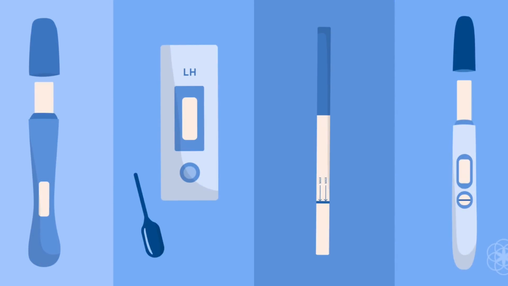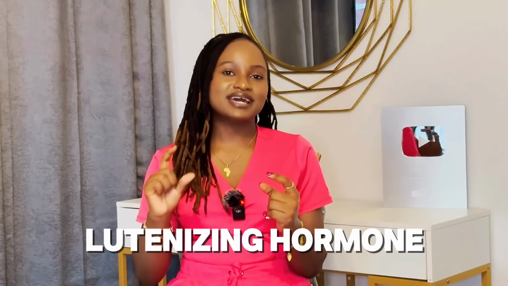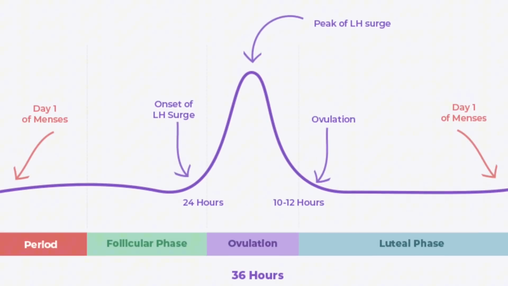This kit is sold in the stores, in the malls, in the pharmacies. It's over the counter, you don't need a prescription for it. You can just walk in and buy an ovulation prediction kit. What this kit does is it tests your urine for a hormone called luteinizing hormone, LH. This hormone usually surges in the body 24 to 48 hours before you ovulate. So you test your urine with this kit daily. The minute you see that it's positive, it means that you should have sexual intercourse within 24 to 48 hours of seeing the first positive result.